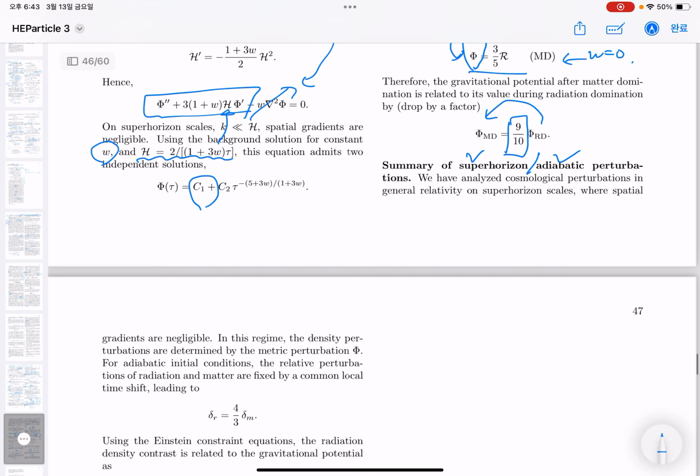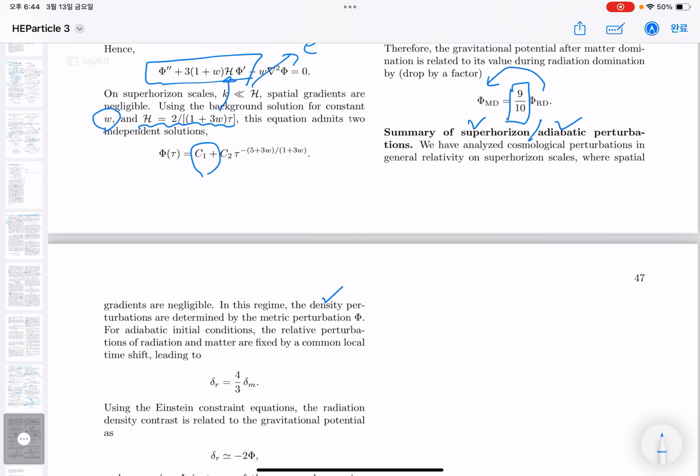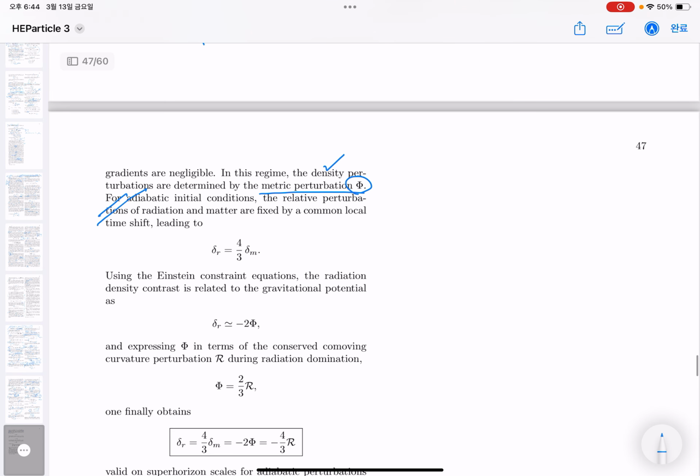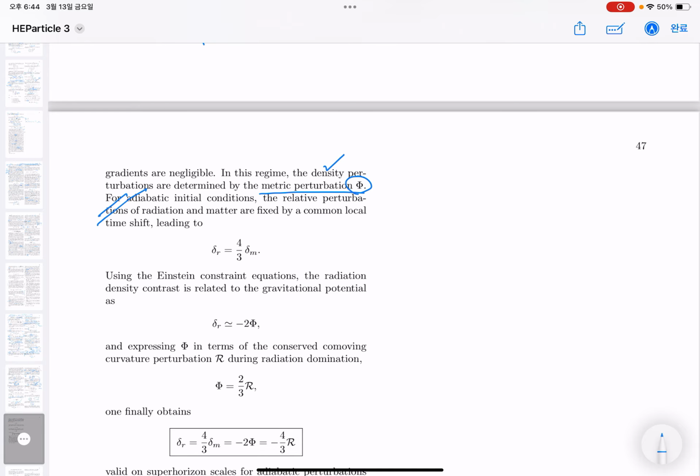For the superhorizon limit, we can drop all the gradient terms in the equation, and in this regime, the density perturbations are fully determined by the evolution of the metric perturbations, particularly the scalar potential capital Pi. And if we impose the adiabatic condition, then the relative perturbation of the radiation and the matter components is fixed with the common time shift,